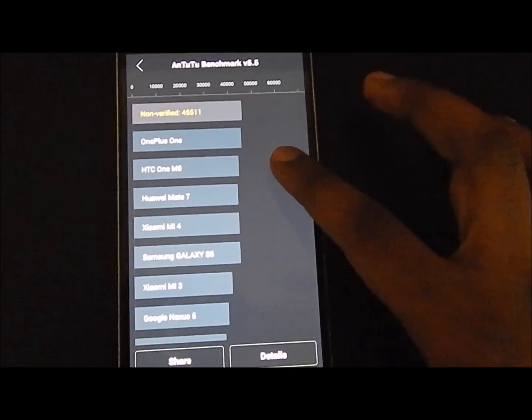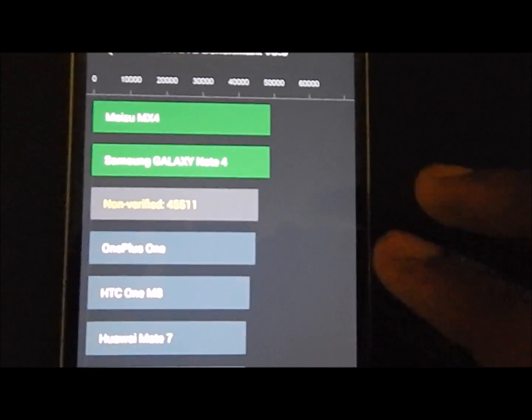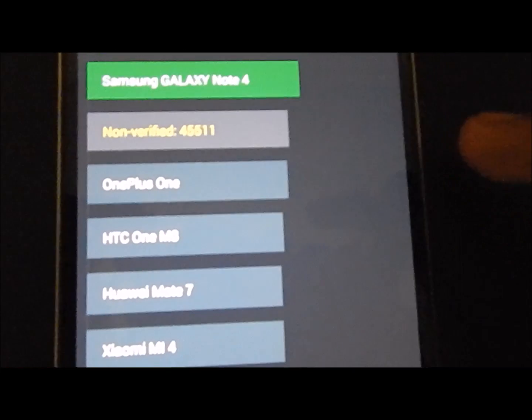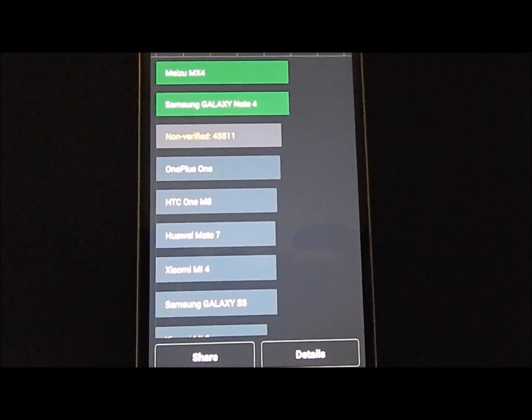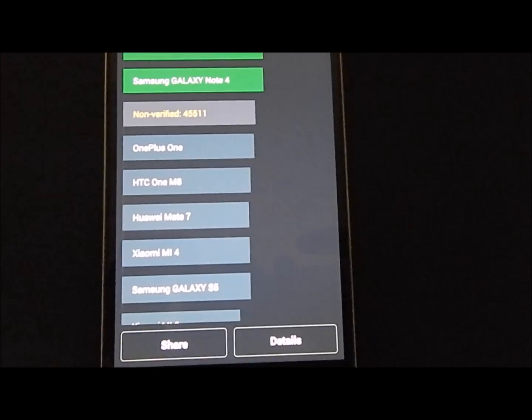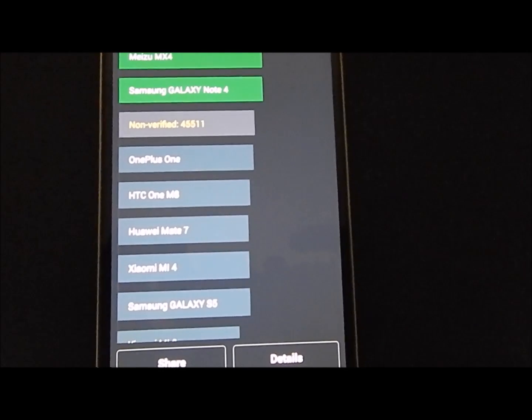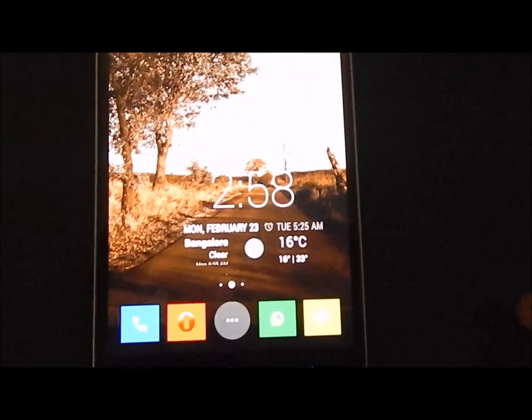This phone has got a score of 45,511, which is just below the Samsung Galaxy Note 4 and Asus MX4. This is a huge score for a phone which costs around 20 to 25,000. Now let us go to the